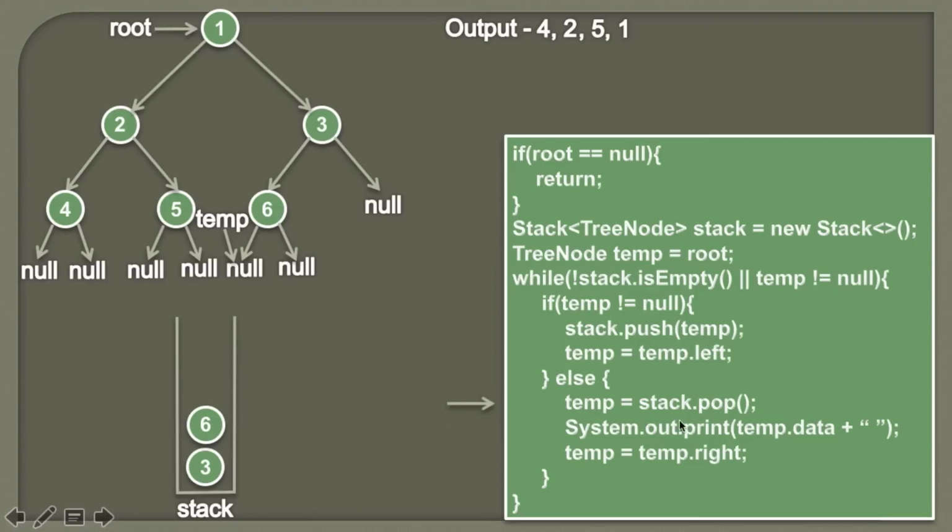So what we do is we simply pop the element from the stack, because we know that we have actually stored this element on the stack. So we pop this element from the stack and we'll assign it to temp. So it would look something like this. So now temp is pointing to the node 6. Moving ahead, and then we are simply printing the data associated with node 6. So 6 gets printed on the console. And as we have visited this node, now is the time to go to its right subtree. So therefore now temp will point to null.